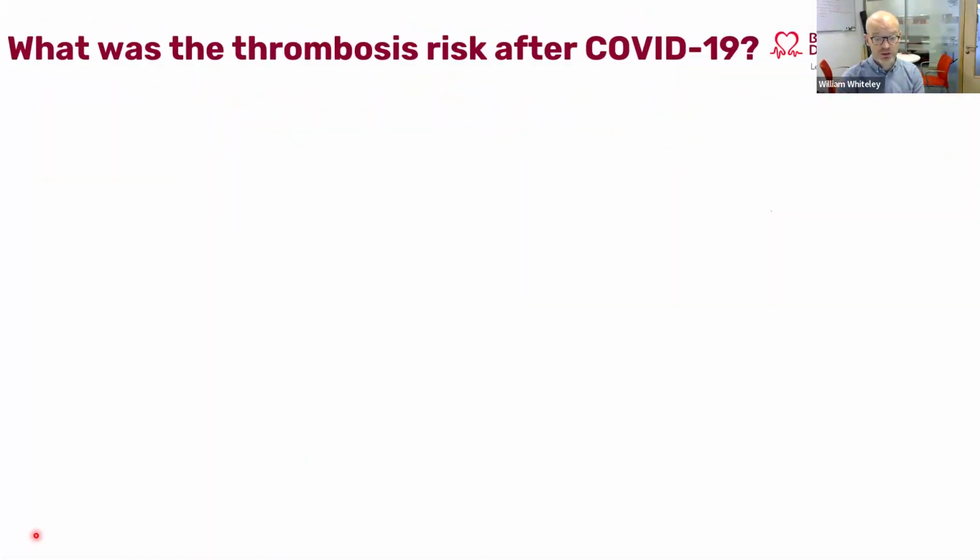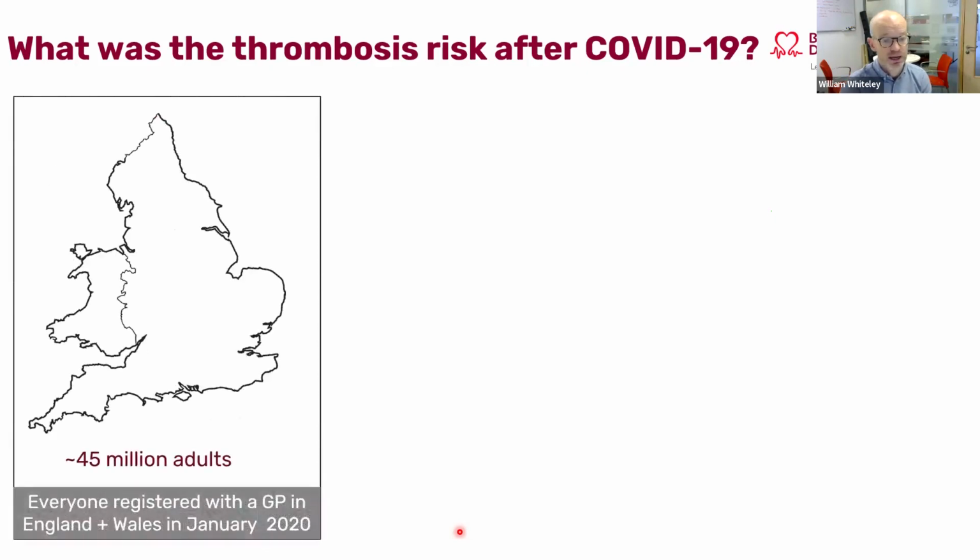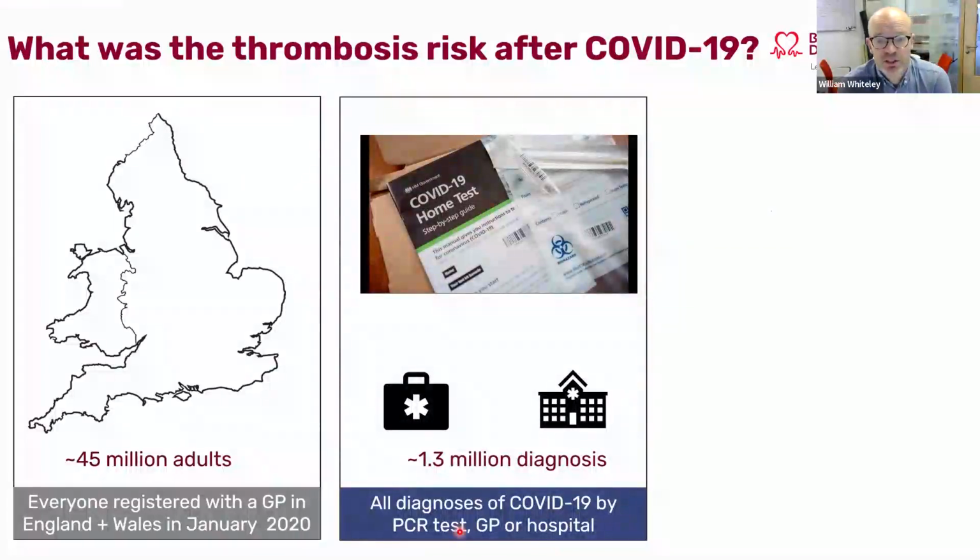We then used it for other research. So, for example, we've been looking at the thrombosis risk after COVID-19. So here again, taking what we've heard, the entirety of the English population registered with a GP at the beginning of the pandemic in January 2020. We've measured all diagnoses of COVID-19 by people who've had a PCR test or were admitted